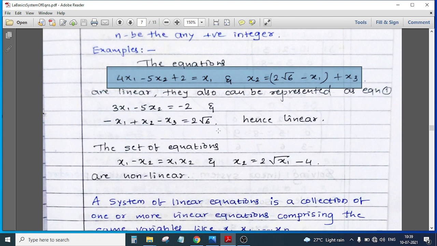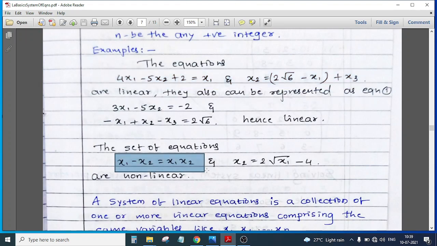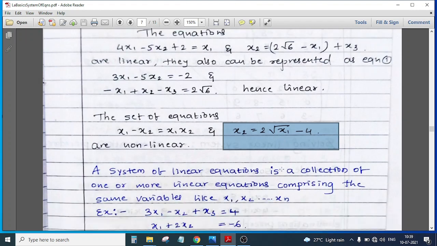Now, what could not be a linear equation? That means what could be a non-linear equation. For that, this is the best example. If you observe here, we have only the terms with the x coefficients. There is no constant term, even though you can put them all on one hand side, there is no constant term. So in this case, we call it a non-linear equation. Similarly here also, what is happening? We have 2 root x1. When such a type of equation comes, we call it a non-linear equation.